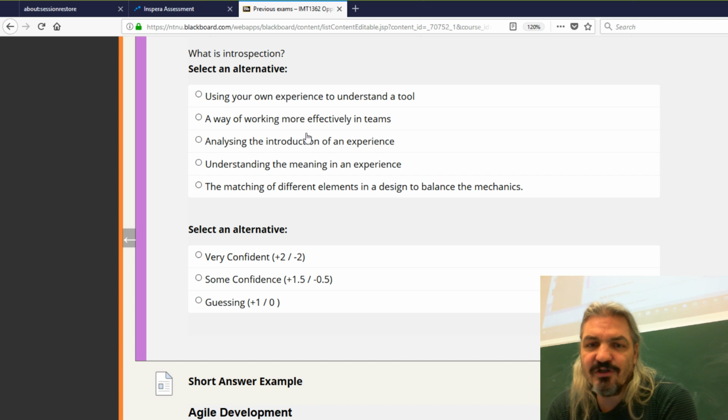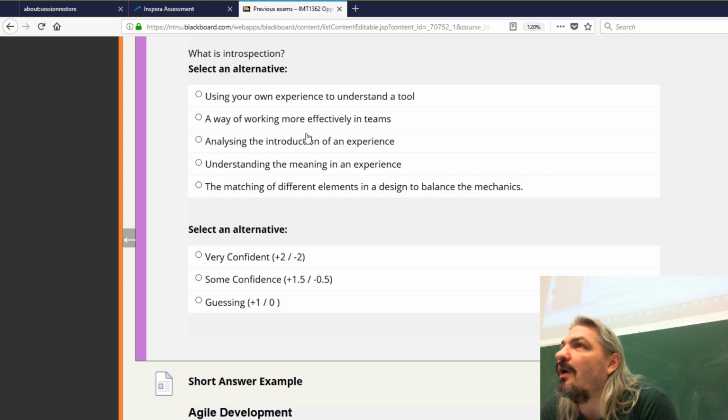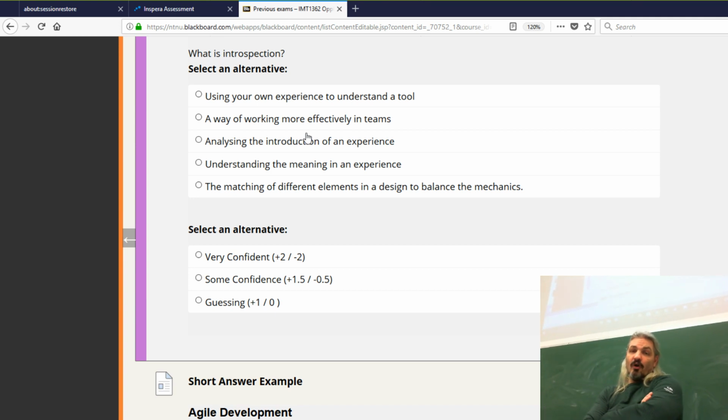In terms of coverage, part of my technique while writing questions is to go through the lecture slides and check that things were stated in lecture slides that are published on the Blackboard page, so that you know you have them.